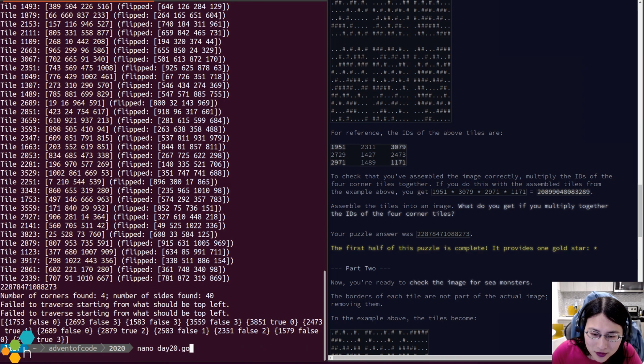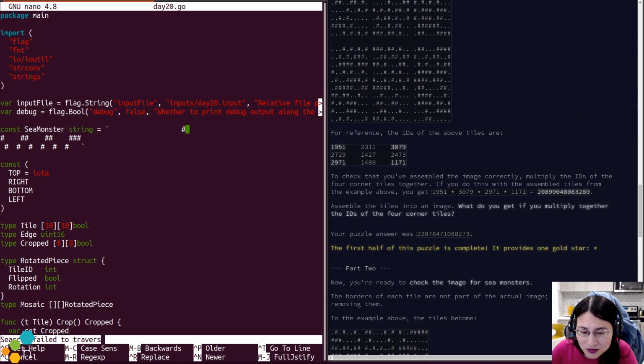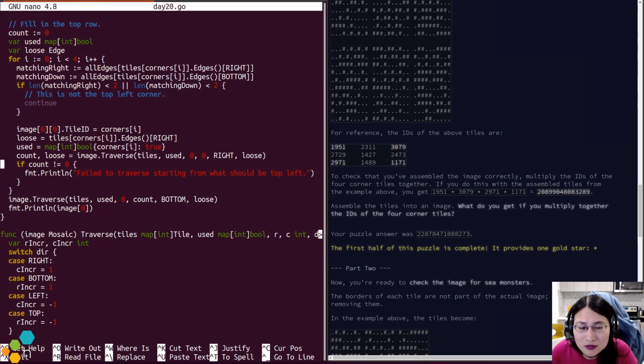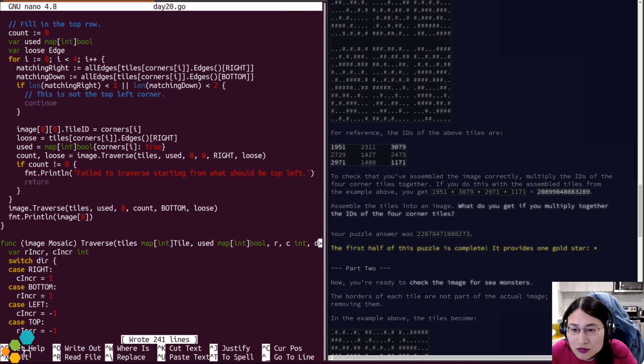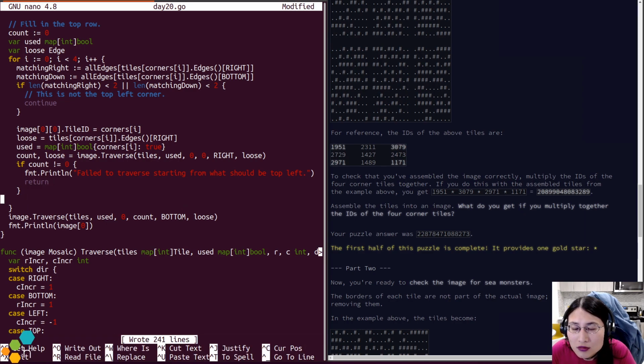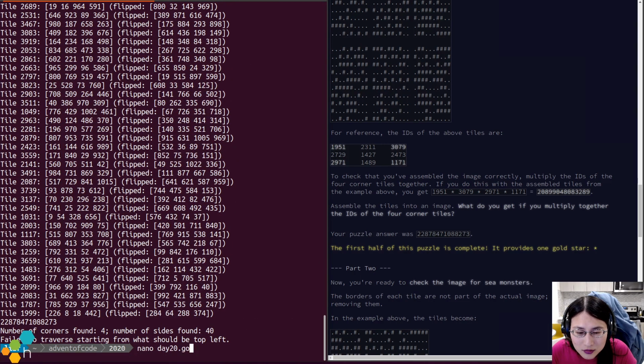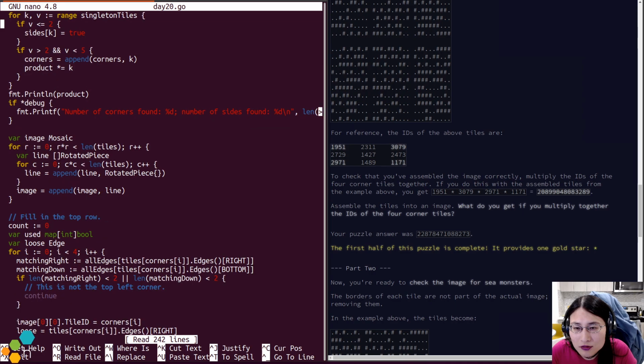Failed to traverse starting from... Where did we get this wrong?